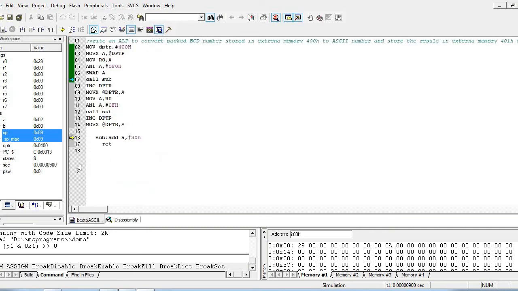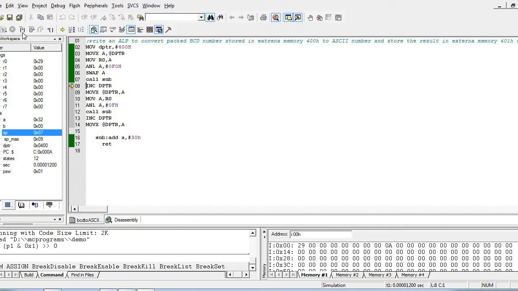Now the control is in the subroutine. See, the accumulator has become 32H; earlier it was 02H and that is added with 30H, and now control is back at the instruction below the call instruction.